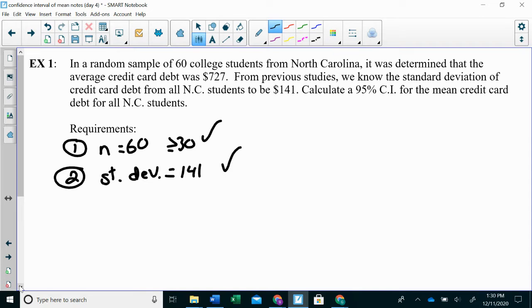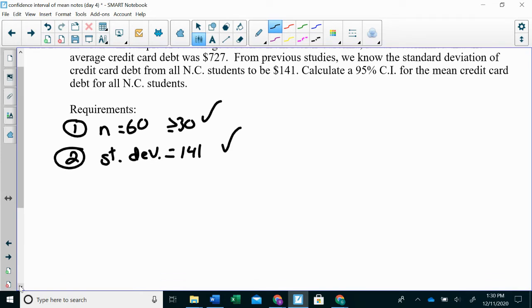Is it an SRS from a normal distribution, or is the sample size greater than or equal to 30? And then secondly, do we know the standard deviation of the population? When we know those two things, the math behind it becomes fairly straightforward. So our 95% confidence interval, the formula that we have in our notes